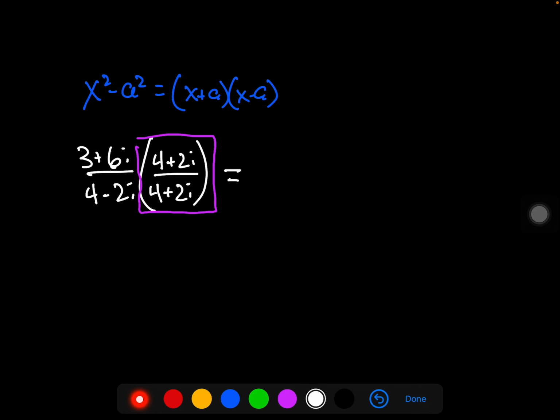And then we can expand these two binomials just the same as we would. That's just distribution, by distributing the first part of the first set of parentheses by each part of the second, and the second part of that first binomial times each part of the second. Just distribution. So we got 3 times 4